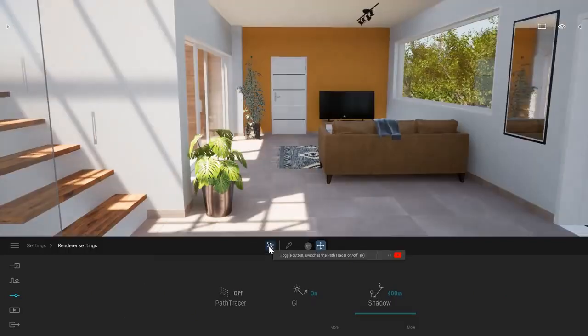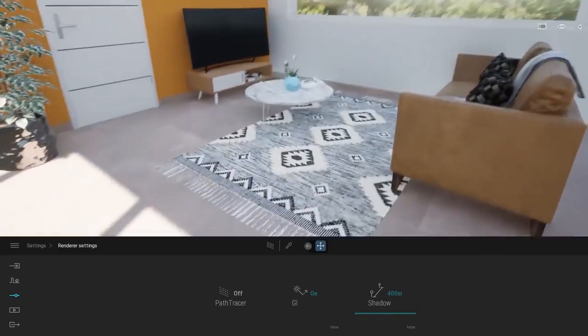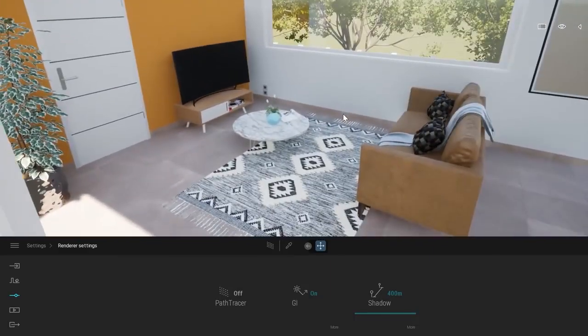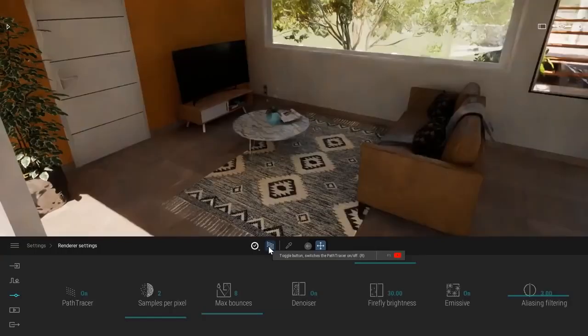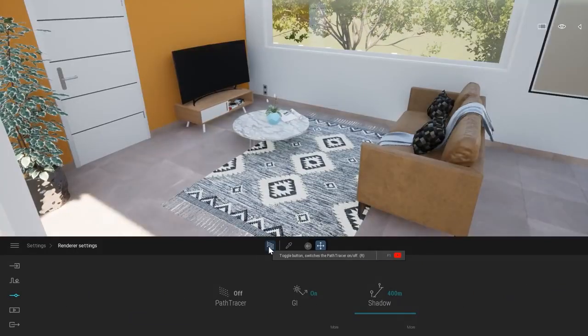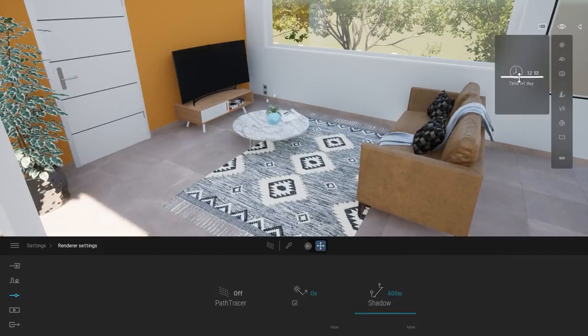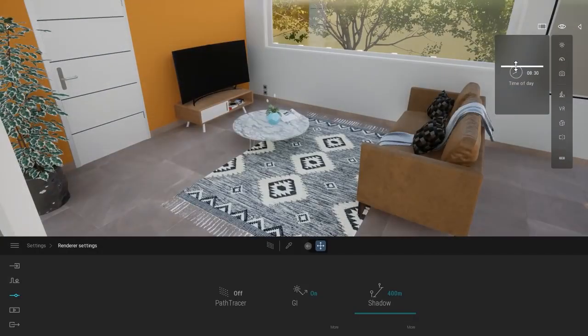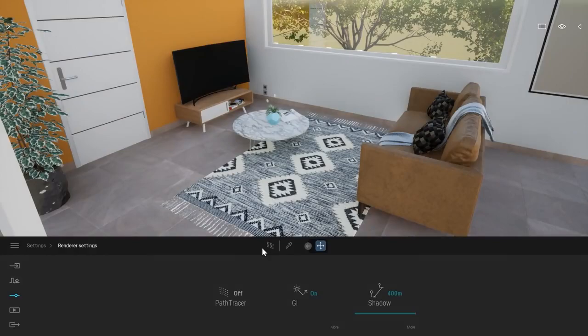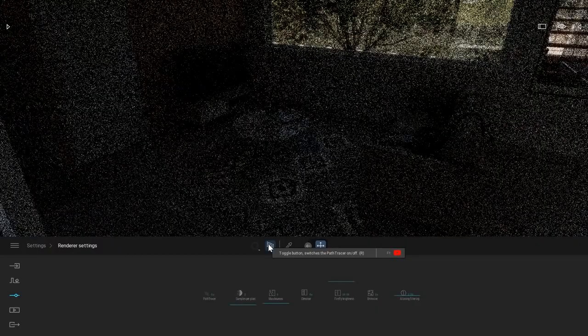So for example, here I can disable the Path Tracer. I can navigate in my scene somewhere closer to that part, and I can re-enable my Path Tracer. And as you can see here, with just a low number of samples, I have a pretty good indication of the lighting. Also, I can of course use all the Twinmotion features, like for example here, the time of day. So let's actually change the time of day and see if we can have some sun coming inside the project from a different angle. And here I will just re-enable the Path Tracer.